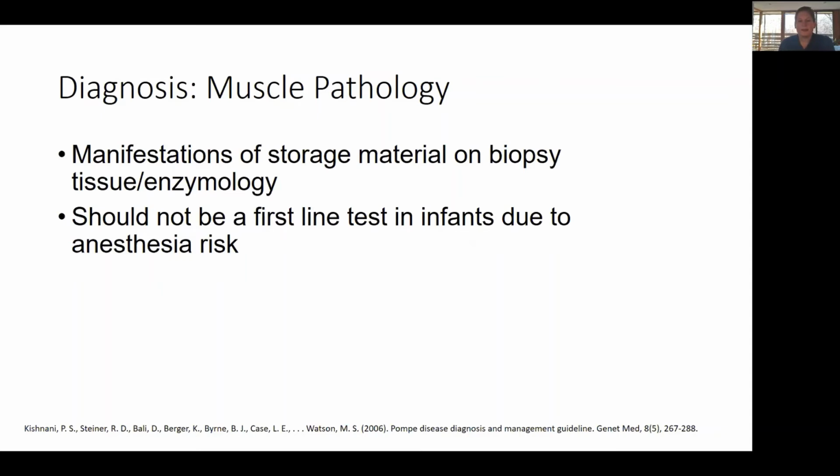It's possible that if the muscle isn't handled correctly, the glycogen might be washed out. In Pompe disease, you may have an area of true damage next to a normal area, and if you biopsy the normal area of muscle, you may not see that glycogen accumulation or the disrupted muscle fibers. So this is a piece of the puzzle, the muscle pathology, but it wouldn't be the only method you would use to diagnose Pompe